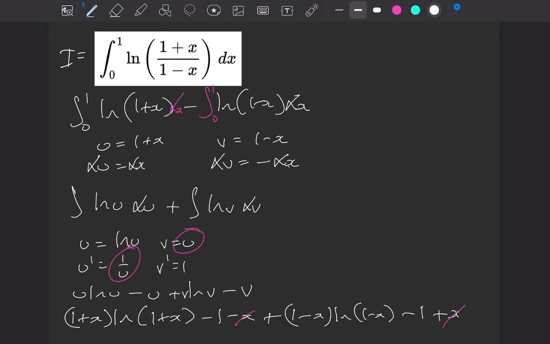Now everything we're left with is in terms of x, and there's nothing to cancel off. So what we can do now is substitute in our limits of 0 and 1. And what we can actually think about is which bits of these are going to be 0 straight away. So if we look down here at this little section, if we put in a 1, this would be 0, so that's going to go away. If we put in a 0, this is going to be the log of 1, so this whole thing is just going to cancel off straight away,